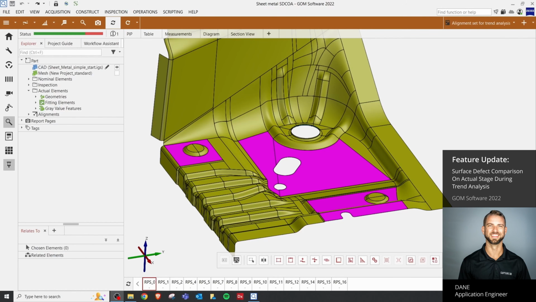The new update requires you to have a stage project with nominal and actual surfaces. We create the nominal surface, the surface defect comparison on actual, then the surface defect comparison on actual stage, and we choose our new option.